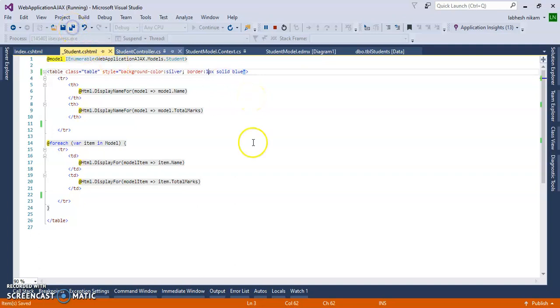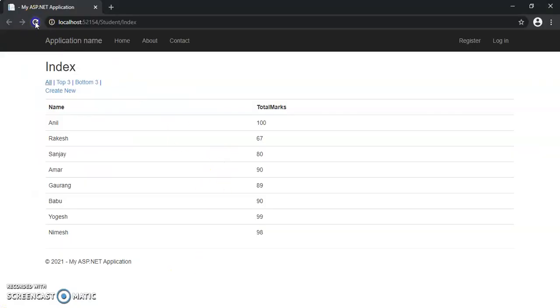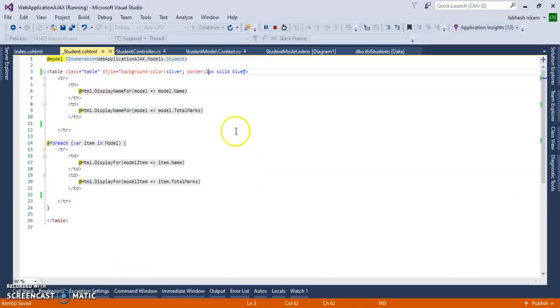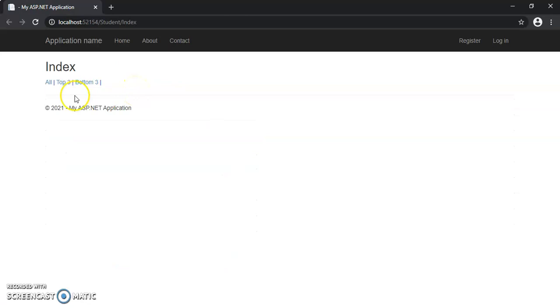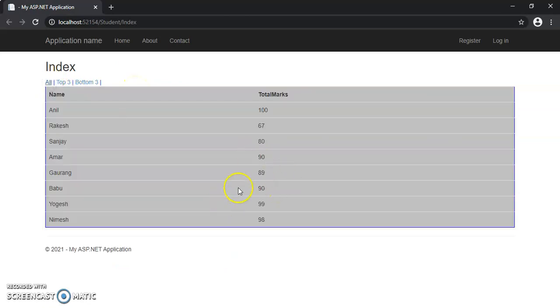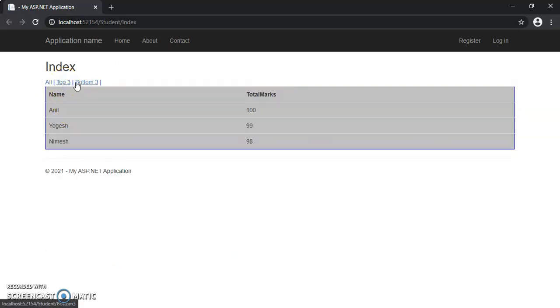Let's save it and reload the page again. Now when I click on All records, Top 3, Bottom 3, the styled table is displayed.